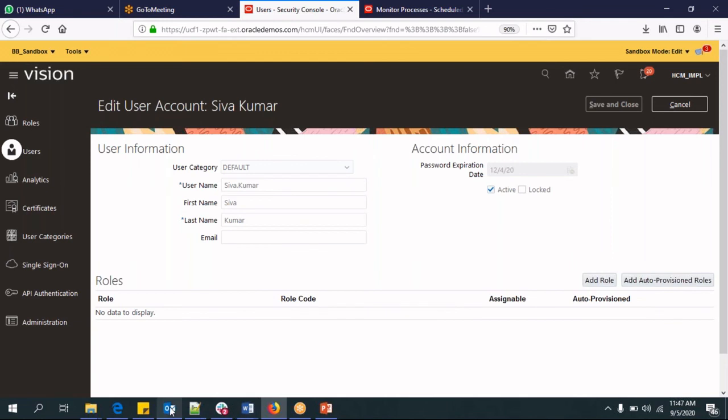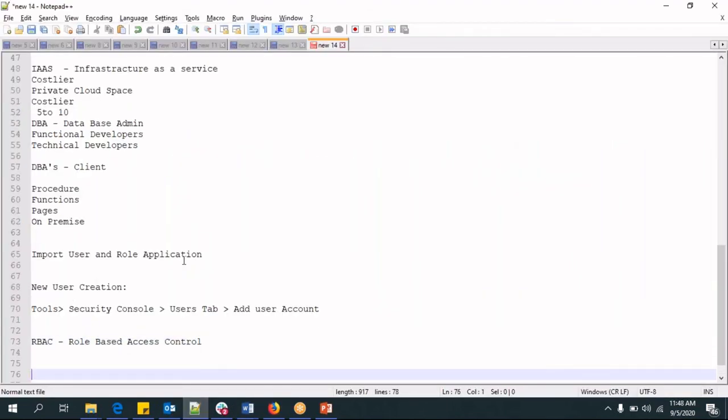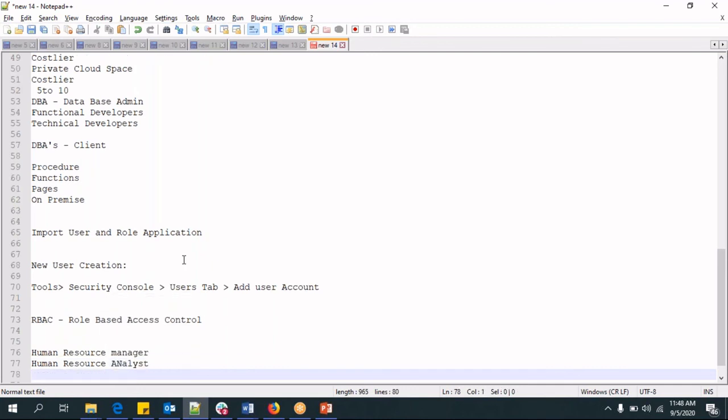I have to add some roles. Obviously, for employees, something like human resource manager, human resource analyst, as well as human resource specialist. There are 3 types of jobs. If you are a human resource manager,